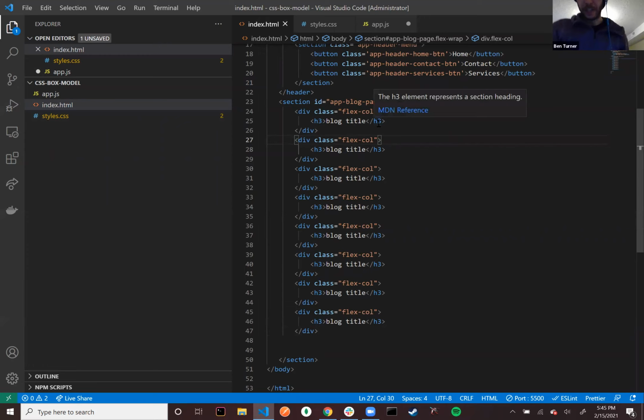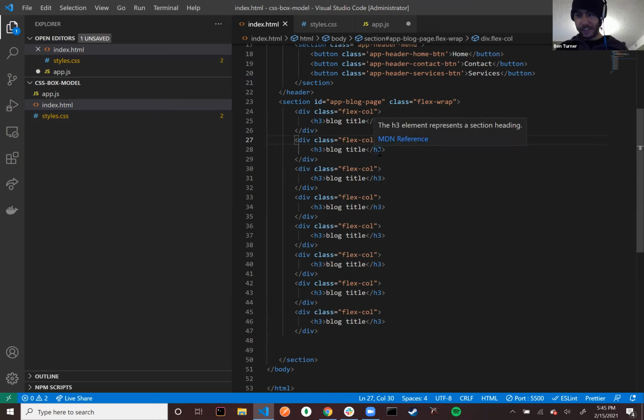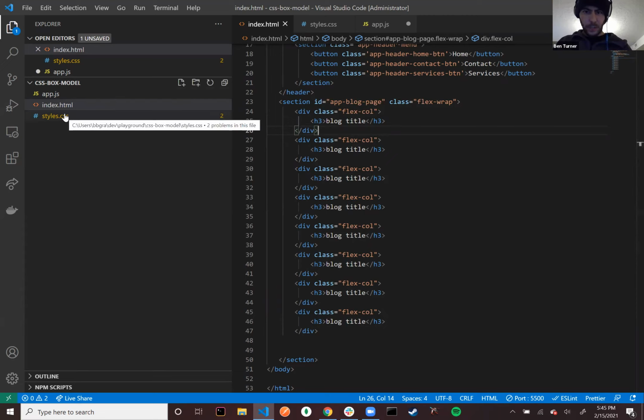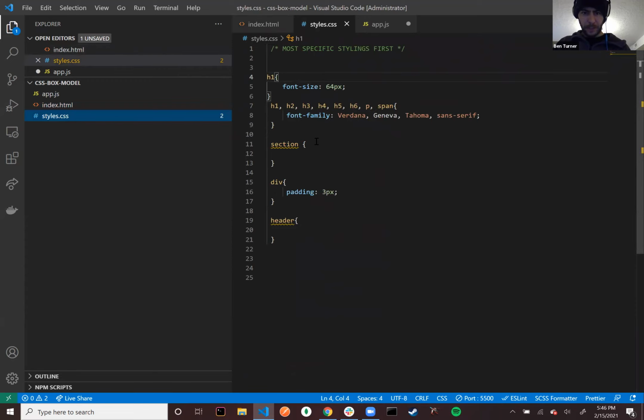So this question is tricky because it totally depends on if there is a logic to how your differences are. Is it every other one that you need to make unique? Is it that you don't know ahead of time what's unique? I can imagine a common situation would be one of these things progressing in hues to make a rainbow. So there, what you can do is say app blog page,